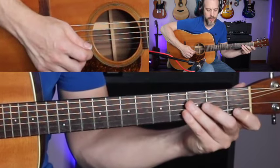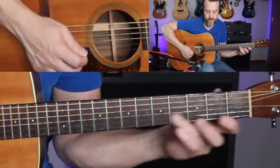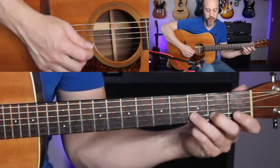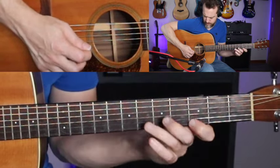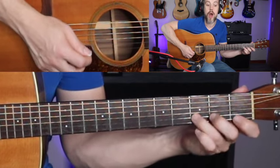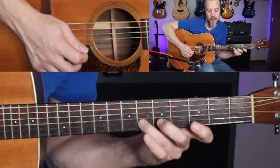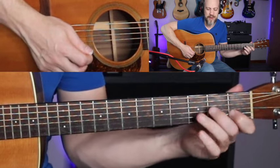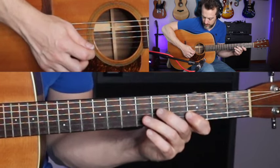All right, so down here we're going to do, and then, so let's just stop right there on that lick and do that much again. So we're doing, and then with the pick on that, that's just down, up, down, up, down, up, down, up, slide, up, down. Okay? Down, up, down, up, down, up, down, up, slide, up, down, and then from there,